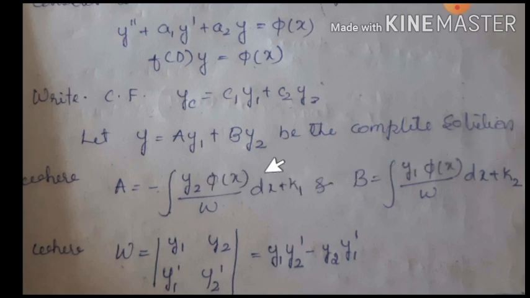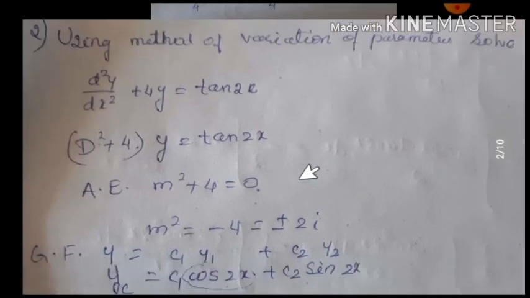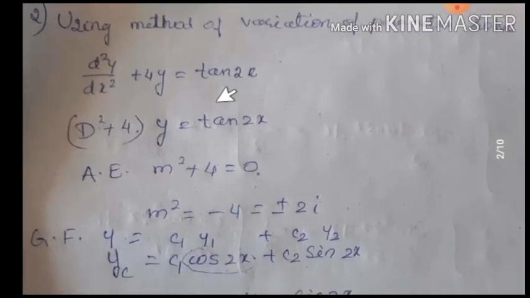Substitute the obtained A and B values in the general solution, and you get the solution of the given second order differential equation. This is the basic introduction and procedure to solve a second order differential equation by the method of variation of parameters. Now we will solve some problems related to it. In the exam, they will ask you a question like: use the method of variation of parameters to solve the differential equation. This is a given differential equation.